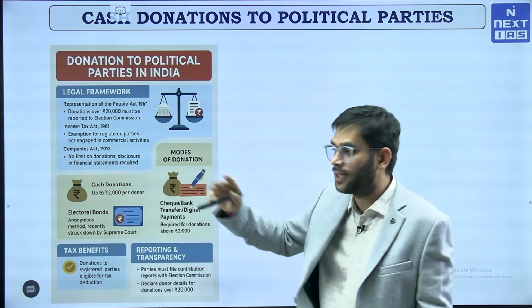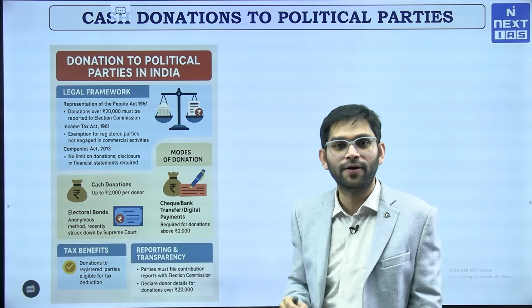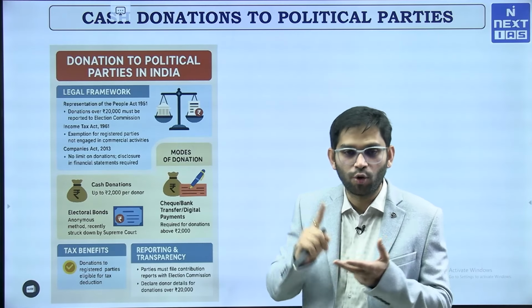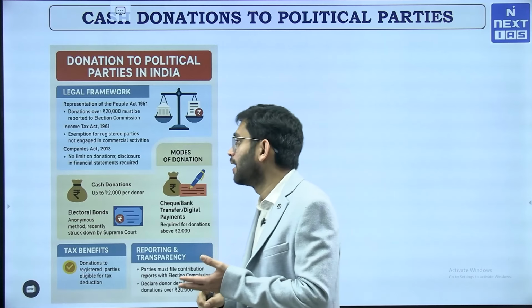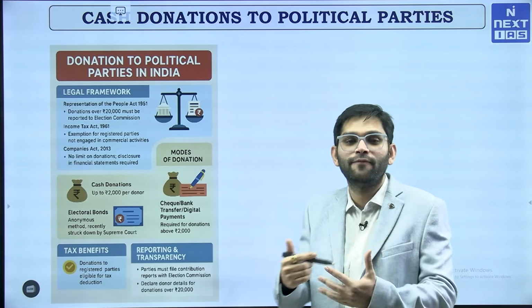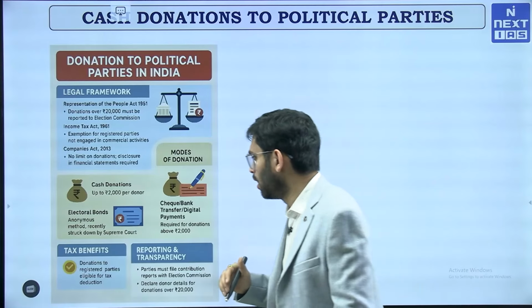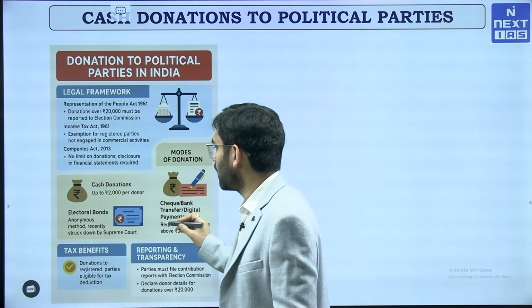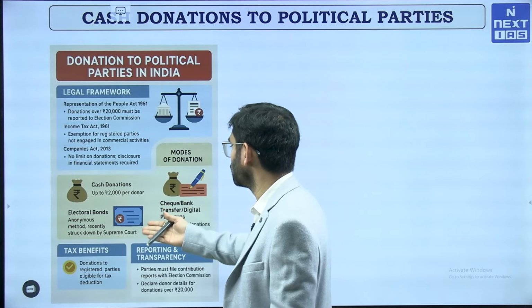So, you need to understand there are three legal frameworks, three laws under the legal framework. One is the IT Act, one is ROPA, especially ROPA 51, and the next one is the Companies Act, where companies do not have to disclose at all. There is no limit on donations. Okay. Now, cash donations up to 2000 per donor. Okay. And before it was electoral bonds, which have now been